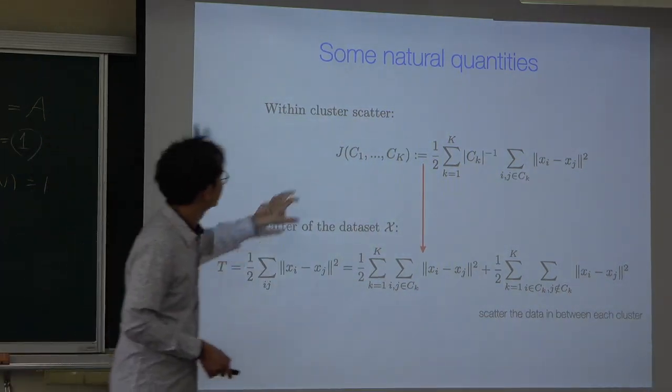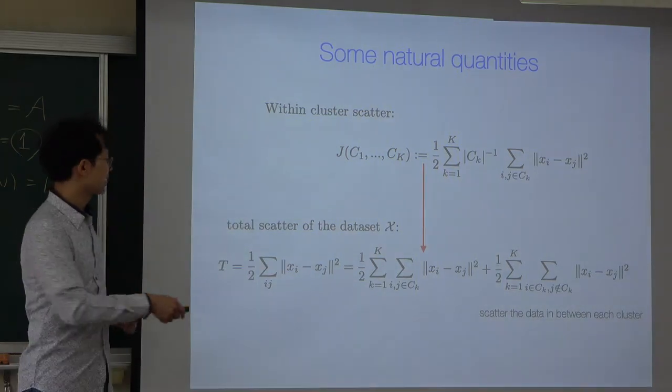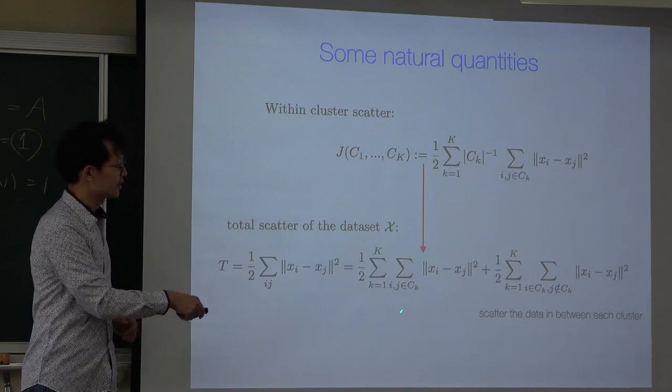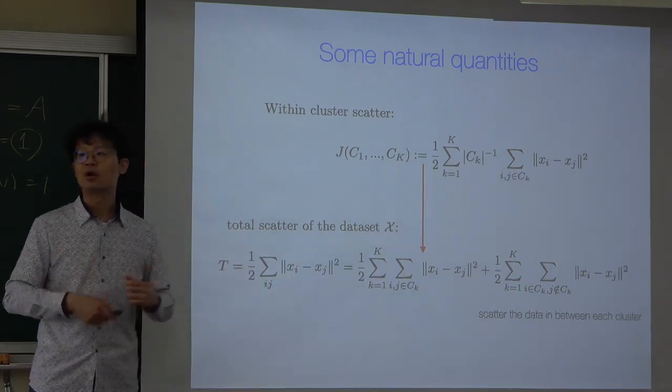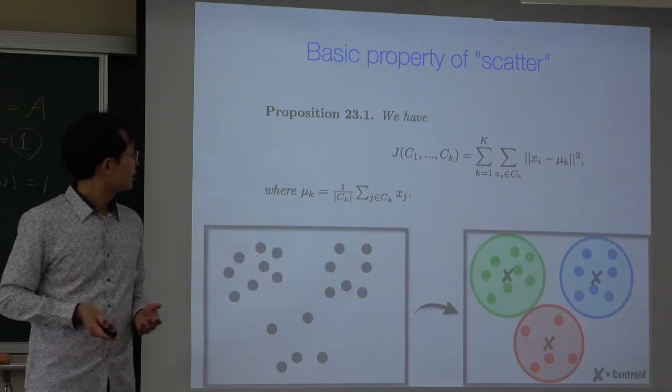And so you see, this is what we are interested in. We want to somehow minimize this distance, and simultaneously we want to maximize this quantity, and so on. So there are several things you can consider. At the end of the day,